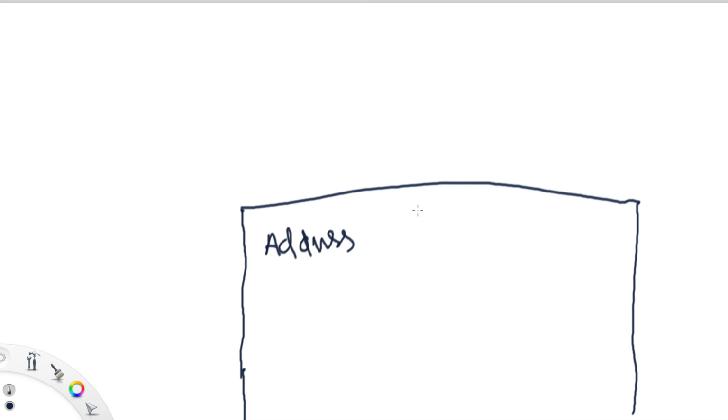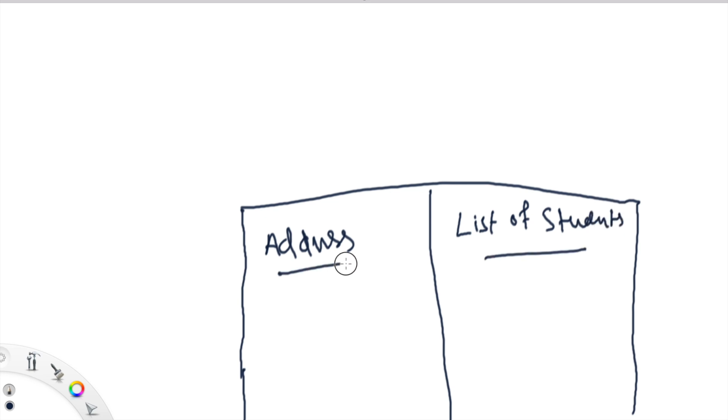This is going to be my address, and also I'll be needing the list of students who belong to that address, right? Okay, so to create a table just like this in Java, I can create a map, and my key is going to be address. This address is basically going to be a string, isn't it? So I can say Map of String,